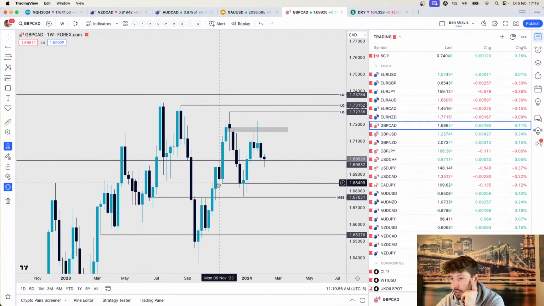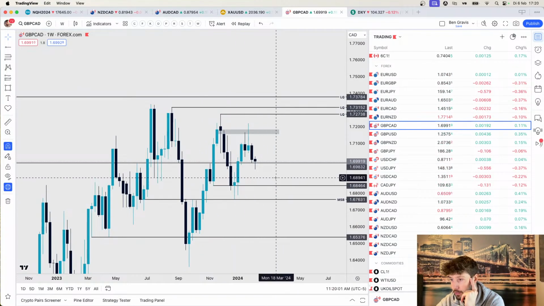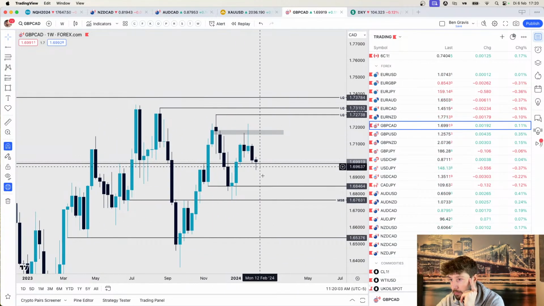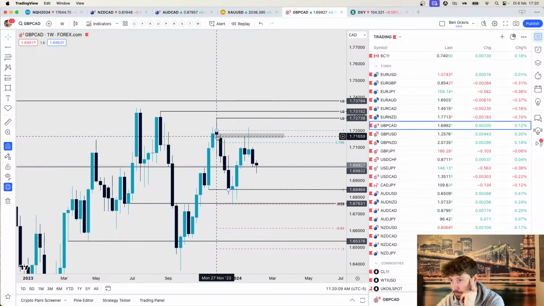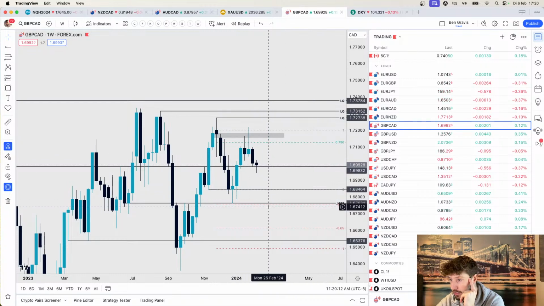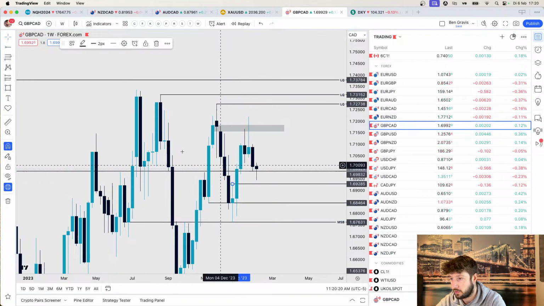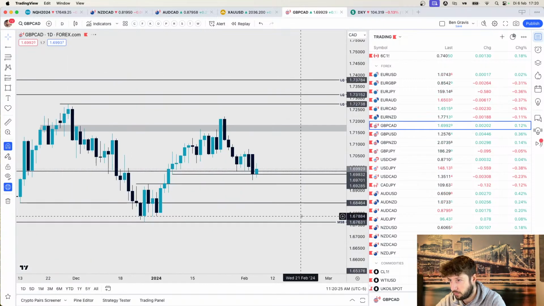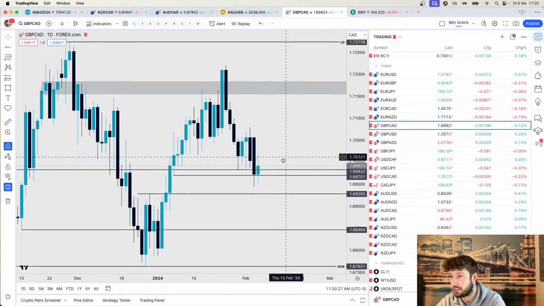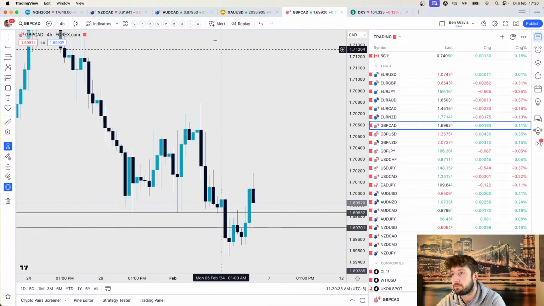What else can I see? It did close below. That's also a break in market structure for now. We rejected the 796. And right now we have the weekly fair value gap holding on. Overall, nothing too clear, but I would say it's still bearish though, given that it's broke market structure. So